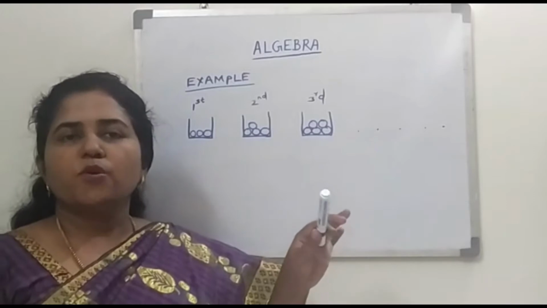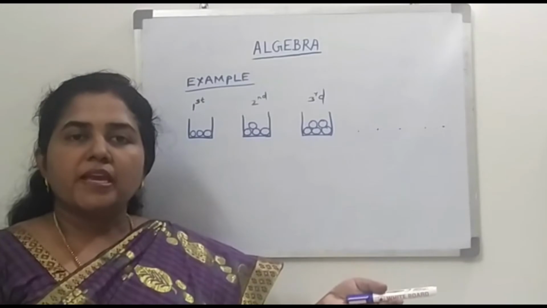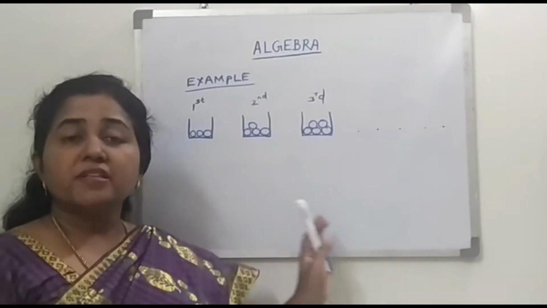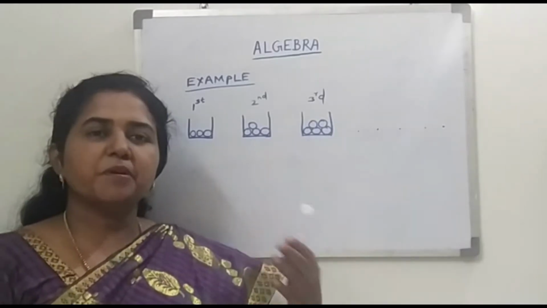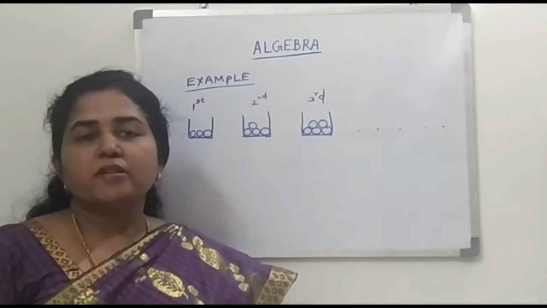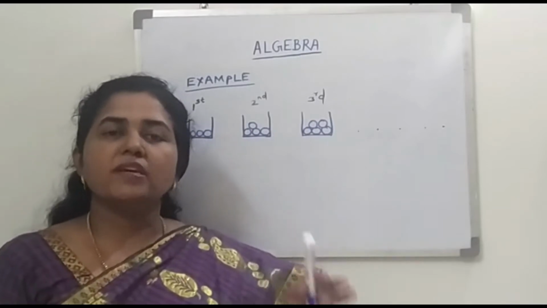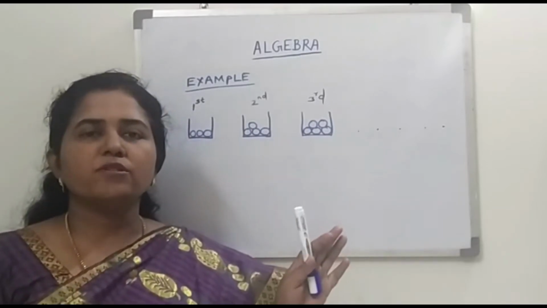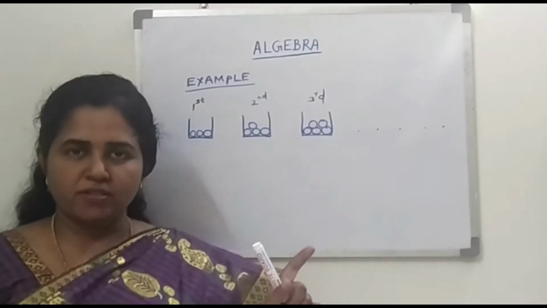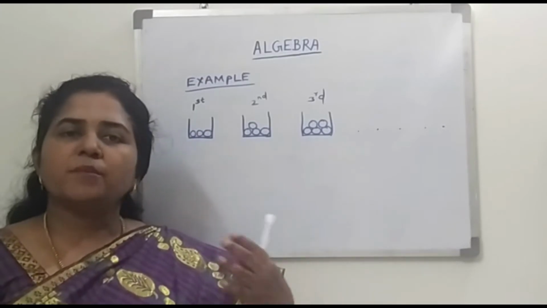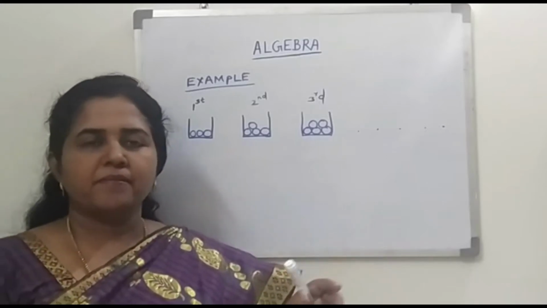After this process is over, if you are asked to find out the number of chocolates in, for example, some 22nd box, again we have to repeat the same process, or we will follow some method. But this may be a difficult task, this may be confusing, it is a time consuming process, etc. So this problem can be solved easily using algebra. In algebra, first we are going to find out an expression for the number of chocolates in a box. Using that expression, we can find out the number of chocolates in any of the box within a short time.